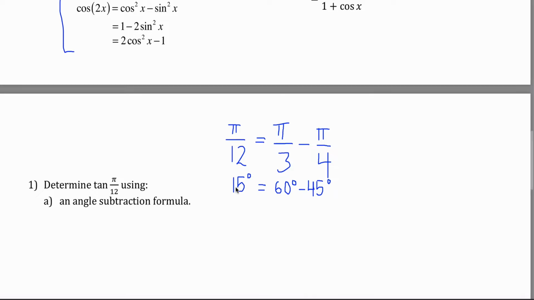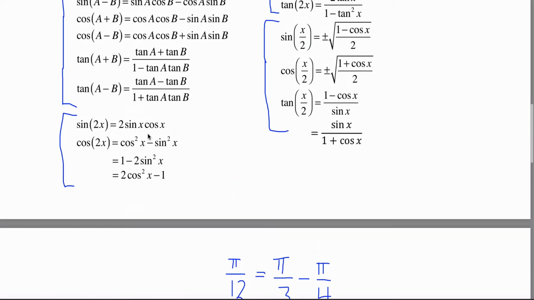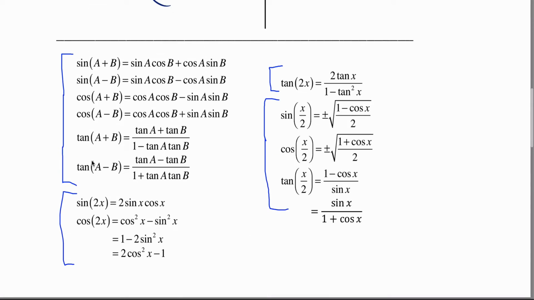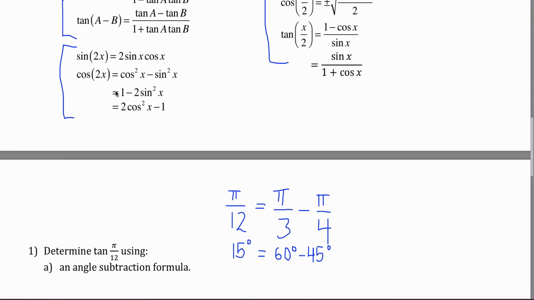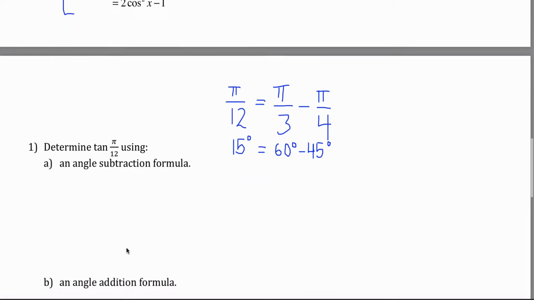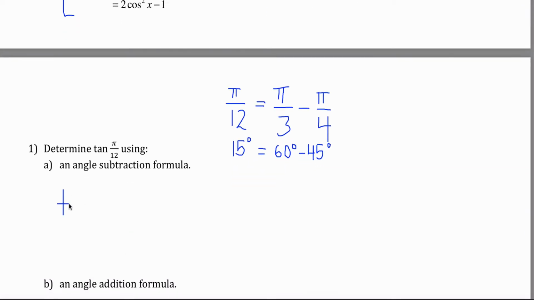And once you come to that realization, you can figure out the tangent of pi over 12 by using this formula right here. This one tells you that the tangent of the difference between two angles, A and B, if you know about A and B, is given by this formula over here. So if I just copy this exact formula, but letting A be equal to pi over 3 and B being equal to pi over 4, what I can say is the tangent